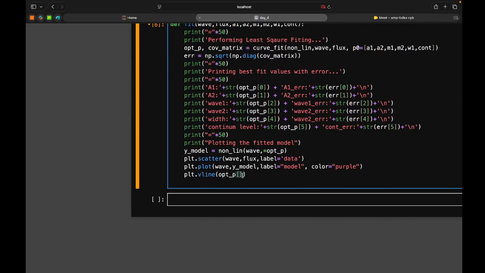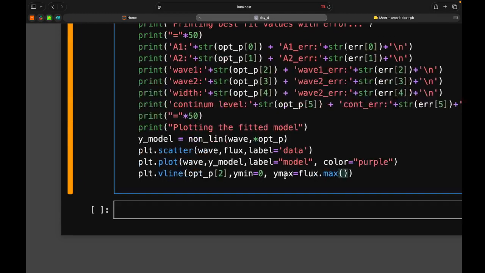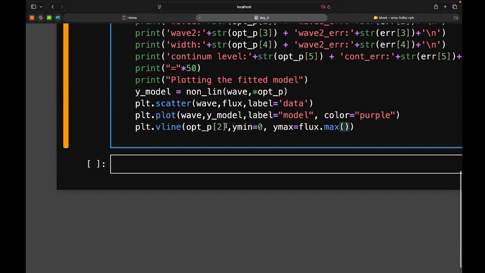Okay, so optical underscore parameter and 2 for the first time, and y minimum. The minimum starting is from 0, of course. So these are the values. You see right now how I am doing this. The maximum value will be the maximum value of the flux, so till the max peak, so y max is equal to flux dot max. You see how much syntax I am using right now. We used indexing here to assign it the value for where